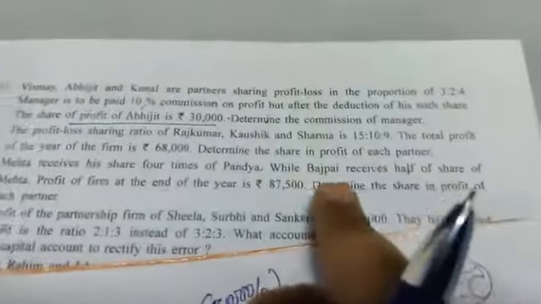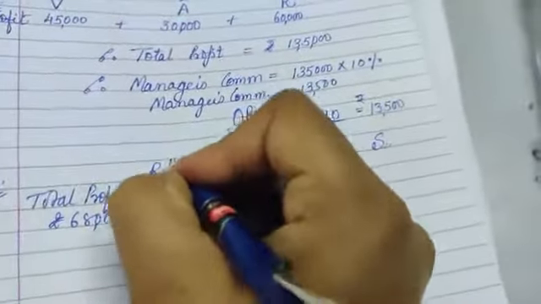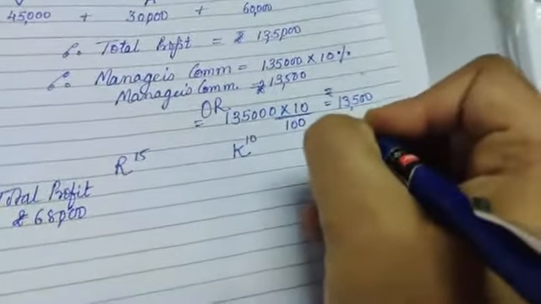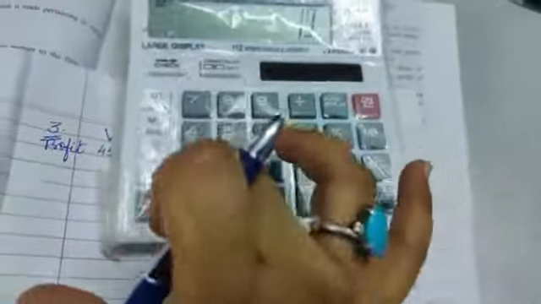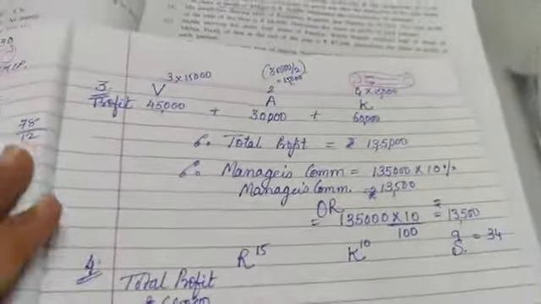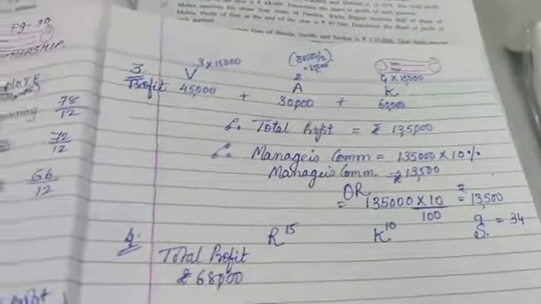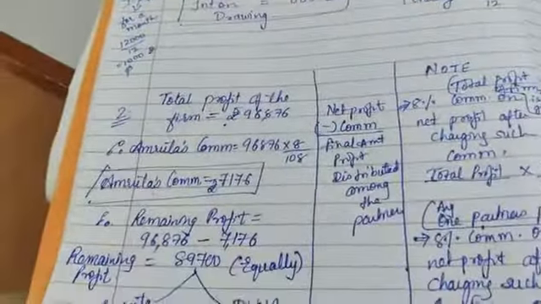The ratio they have given is 15 is to 10 is to 9. So here 15, 10 and 9. The total of all 3 you will do. So see, 15 plus 10 plus 9, you will be getting 34. Like this you will write down. Same way you can do the representation. Your answers can be represented like this, you will get full marks. Every answer can be represented like this.